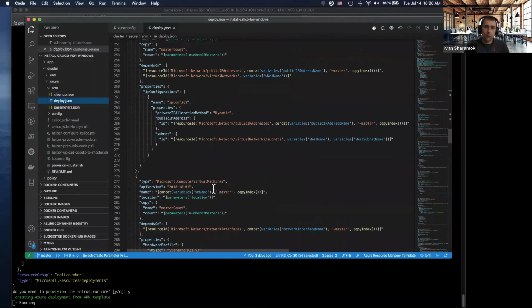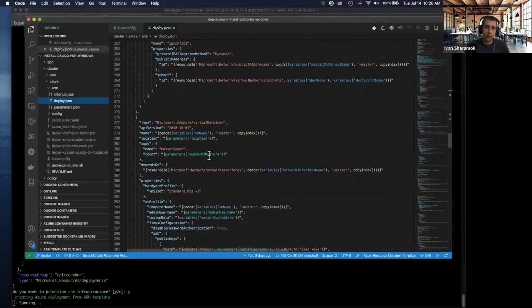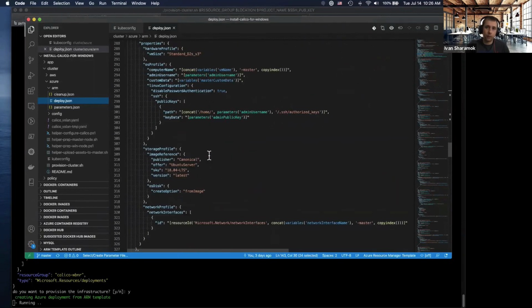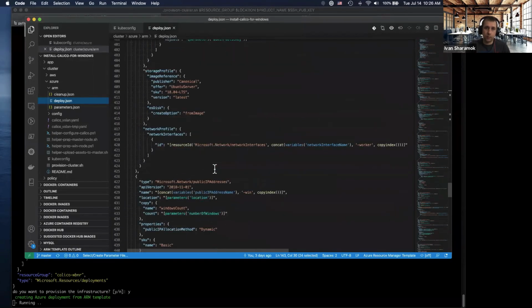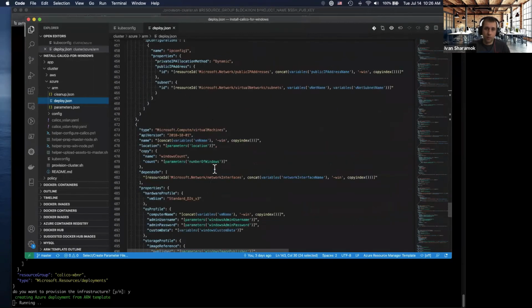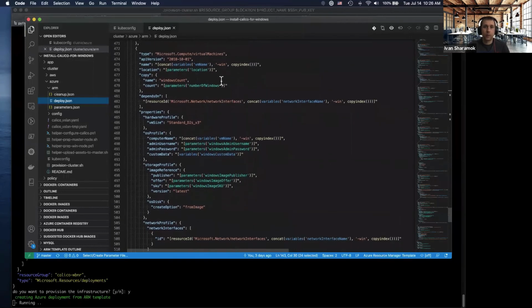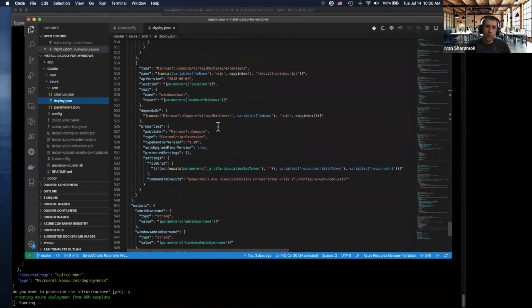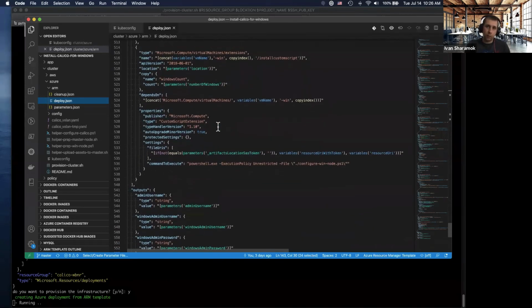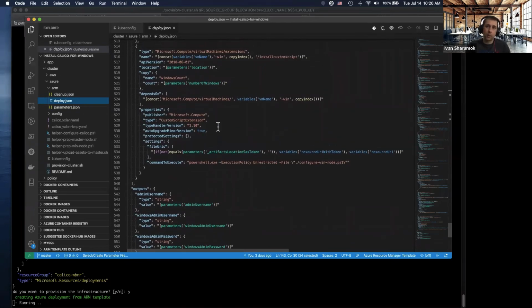Within the ARM template, you'll find the definitions for a virtual machine. For instance, this one is for master, and there is one for workers as well. And here's the part for Windows. One thing that I want to mention is that the Windows machine is configured with a script extension, which does some preparation steps that you can configure manually. They are mentioned in the manual steps, but